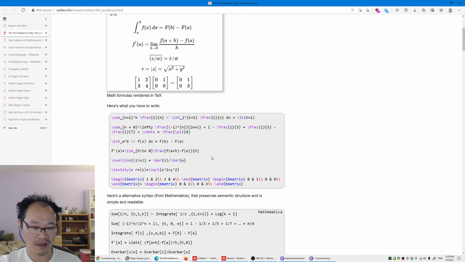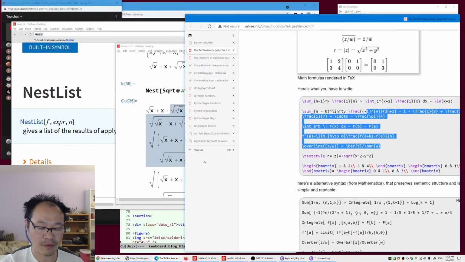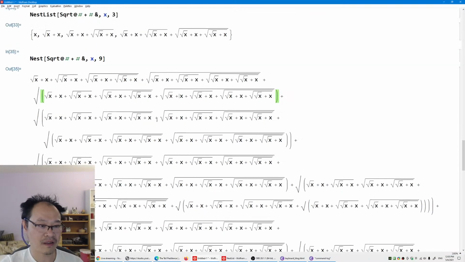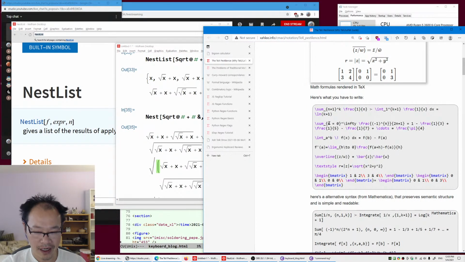Donald Knuth went the wrong way and created that. That's the worst design possible. So in Mathematica, you can do this in just a few lines, and it's so much like math. So one thing that's very different from TeX or LaTeX